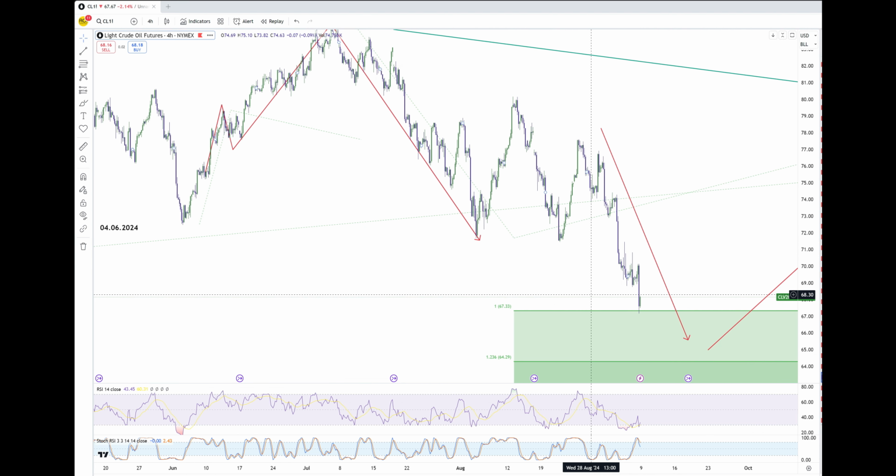We can see a little bit more downside, or perhaps this might be a potential low forming right now for another potential bounce to the upside to take place soon, but still the market should be biased to the downside thereafter. Of course, the market can get sideways to lower. It's going to be a messy structure soon in oil, but the bigger picture is still to the downside. We haven't hit yet the weekly bearish targets.